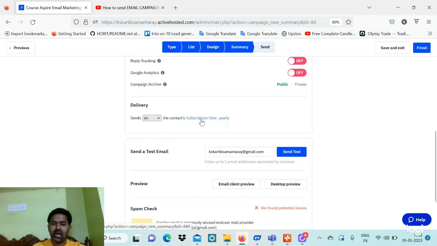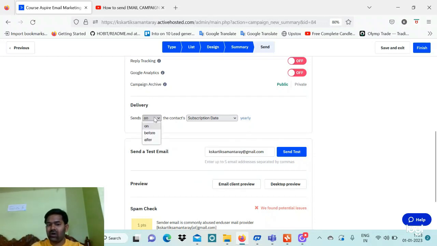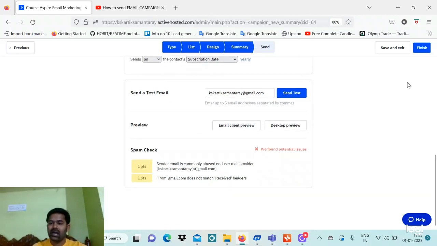Suppose it is going for the subscription date. It is not there, but suppose you have created a custom field called birthday. The same way, send on the birthday date. That means yearly, whenever your birthday is coming, this email campaign will automatically trigger and send to you on the same date itself. So you can use this type of email. And once you finish it,